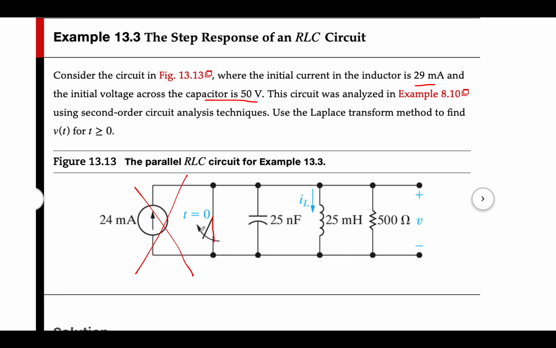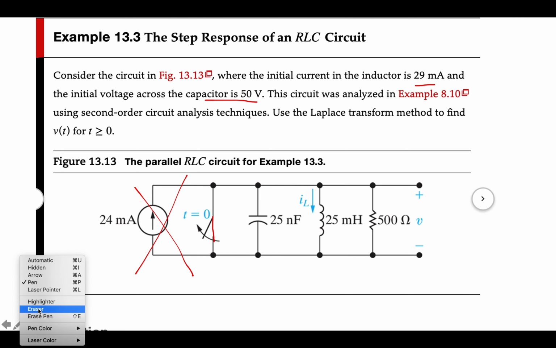Now, when the switch opens, then things change. When the switch is closed, this entire 24 milliamps flows through this short, meaning it doesn't really enter into the circuit. So you've got the circuit, you've got these initial conditions. Then what happens is you open the switch. So let me get my eraser. When you open the switch,